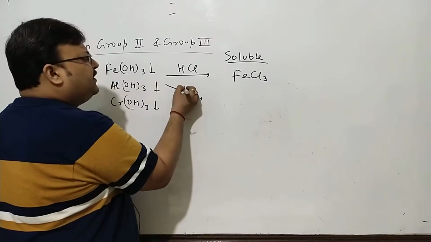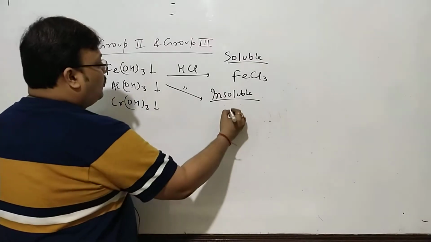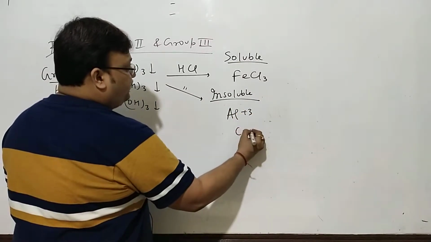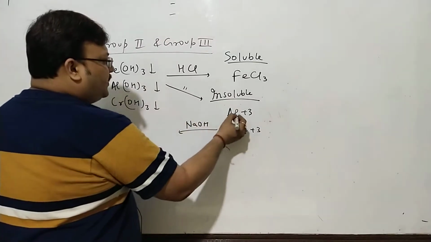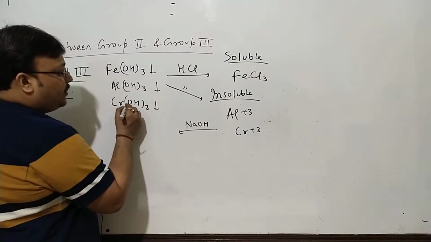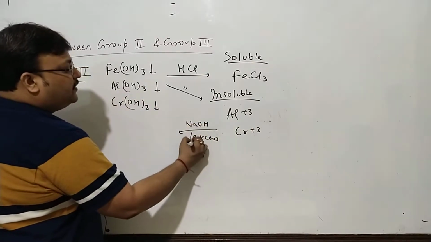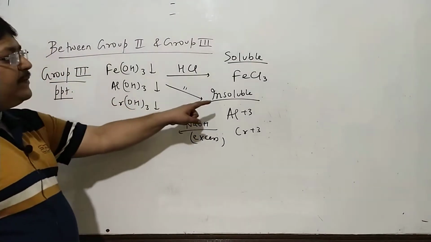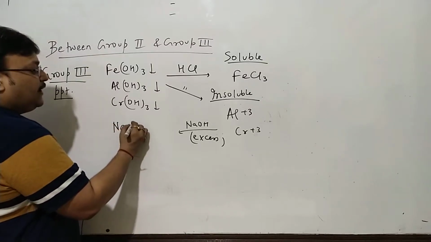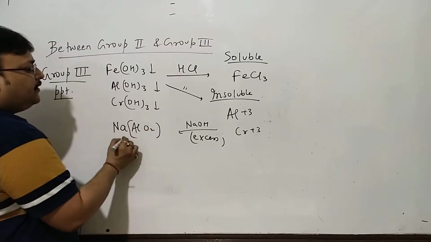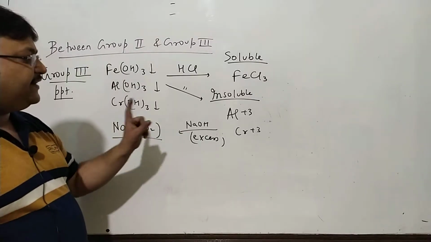If it's insoluble in HCl, then it's either aluminium or chromium. Now you want to add NaOH. Now NaOH will precipitate aluminium hydroxide, chromium hydroxide, which are already there in the precipitate form. In excess of NaOH, the insoluble aluminium hydroxide will dissolve as sodium aluminate. It's a typical amphoteric behavior. Aluminate, zincate, they dissolve in excess NaOH.